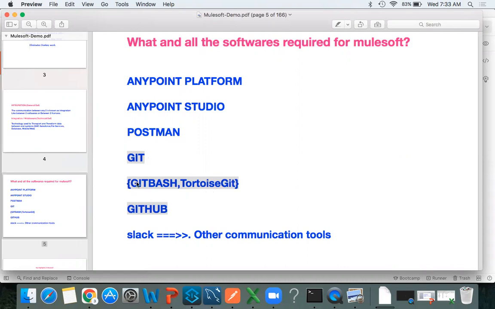So that's why they use the Git and GitHub concepts, not only in MuleSoft. If you take any technology, Java, .NET, SAP or anything, they are going to use these two tools. Even if you don't know MuleSoft, you have to learn Git and GitHub. Why? Because